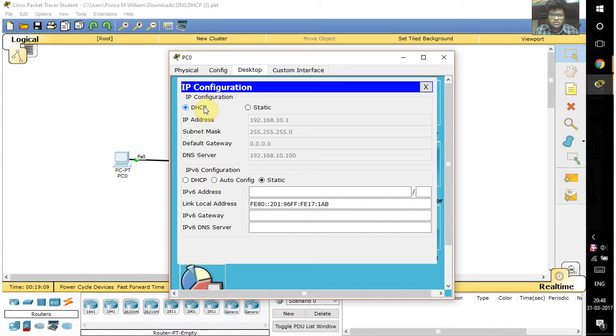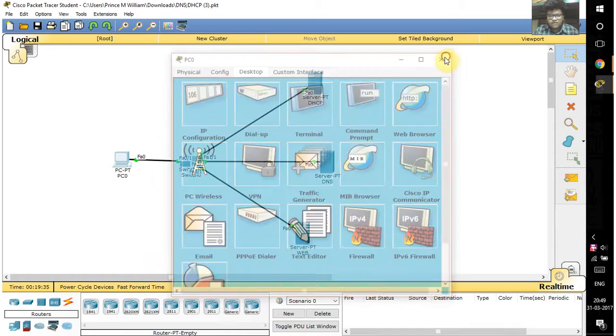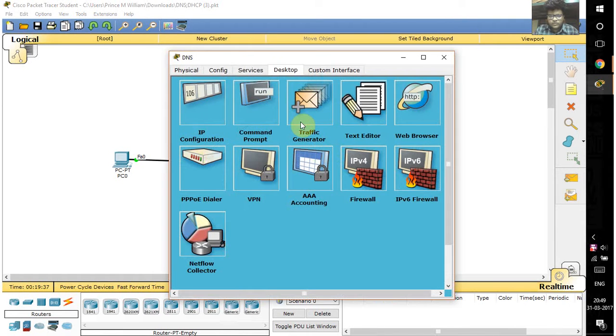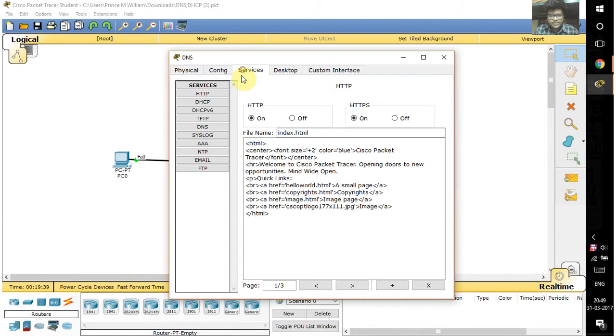What DHCP does here is that it takes the IP address as well as the subnet mask and copies it into the IP configuration of the end system, and the IP address of the DNS server is also copied. After doing that, you have to go to the DNS server and